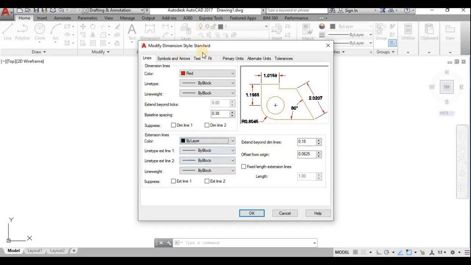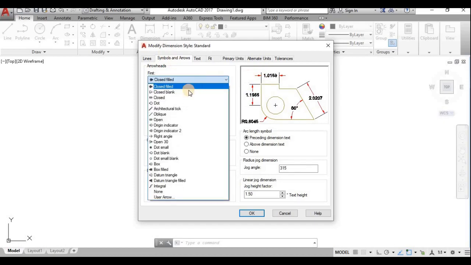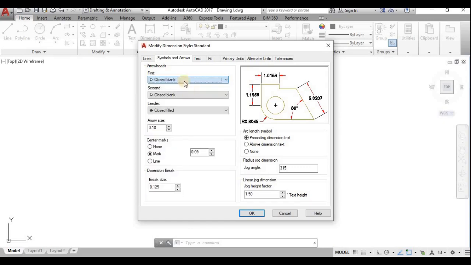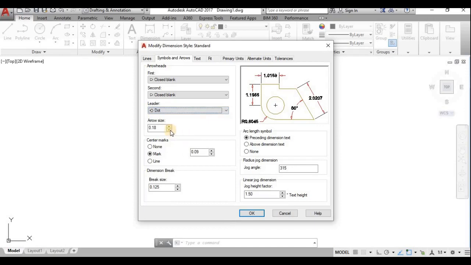A hidden layer can use hidden lines and symbols. That is arrow marks. Here I can use closed. There are a number of different shapes of arrows. So there are two types here: the first for the starting point, and then the second. You can choose in this way. For the second you can choose closed, but usually we will not use it as per standard. So I shall use both the same, closed blank, and for the leader also I shall use dot here. Arrow size I shall choose as 0.2,